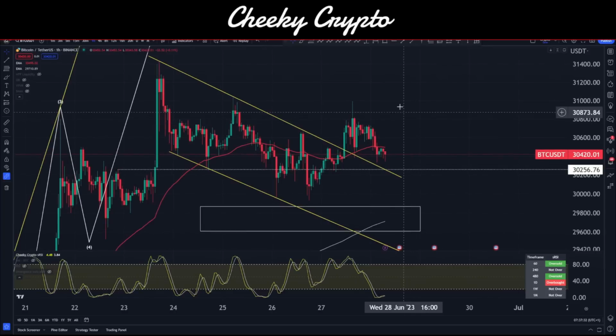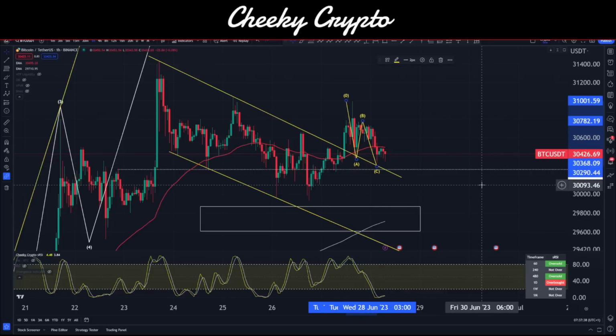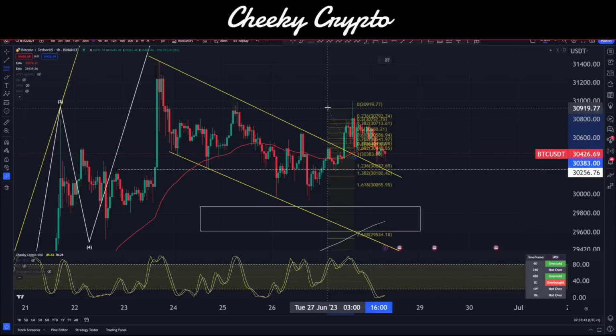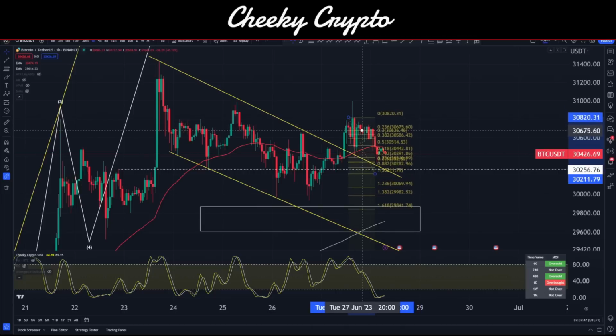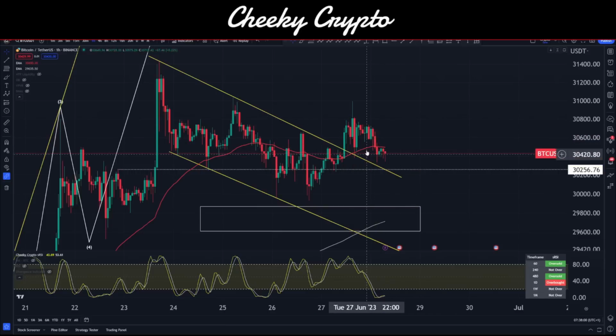So let's go ahead and check where we sit with this, right? If we're thinking we have to have a 3-wave corrective pattern, are we done? Well, not necessarily fully finished, but we're almost there if we haven't done so already. Let's go ahead and sense check this. Okay, so if we grab our fibs onto here, we bounced up to this little level right there. We should be testing this trend line one more time, in theory, but our minimum expectations have already been met. And what I mean by minimum expectations would be we've come down to at least